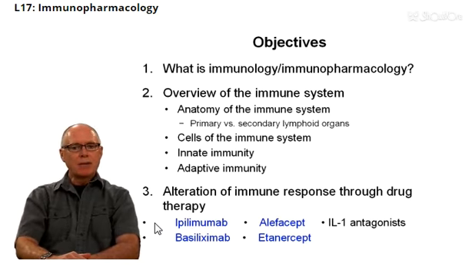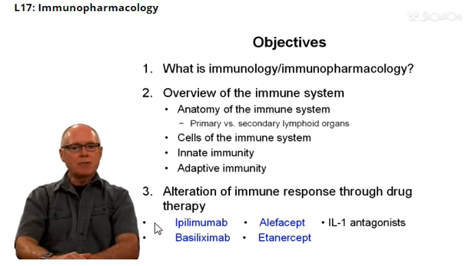In addition to eliminating pathogens, the immune system has been implicated in the pathogenesis of many diseases. And this has made it possible to treat these diseases by developing drugs that target the immune system itself. We'll discuss what constitutes the immune system and the different cell types and their functions, with an emphasis on the